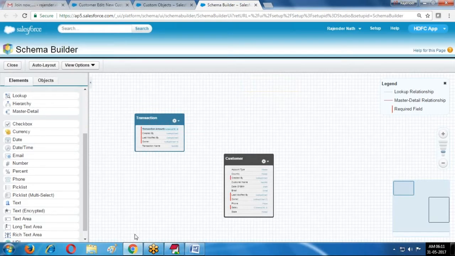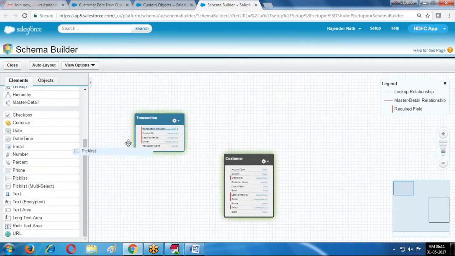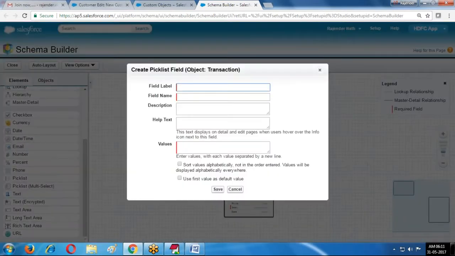Now transaction type is required. For this transaction type, I am selecting the pick list option. Pick list option.